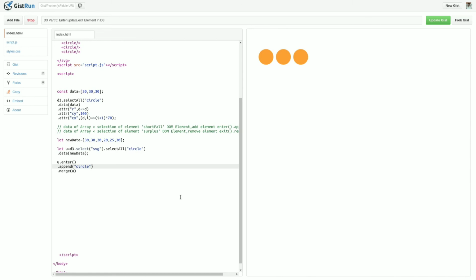So u.enter().append appends the 3 new elements, and merge(u) adds the already available elements into the newly added elements.